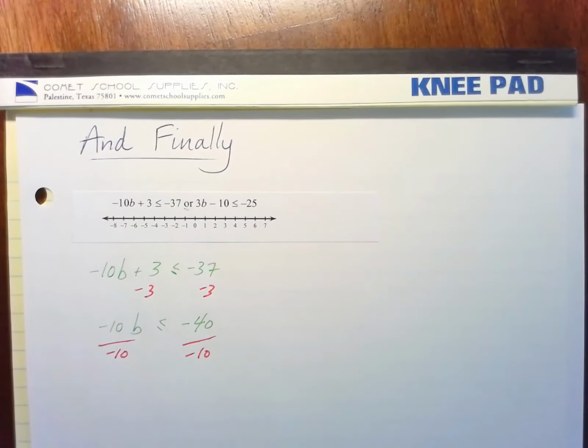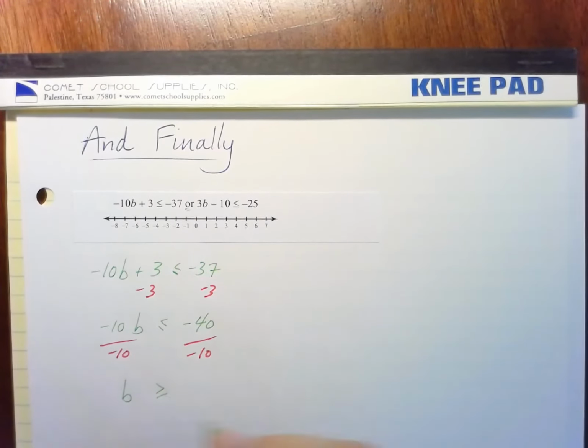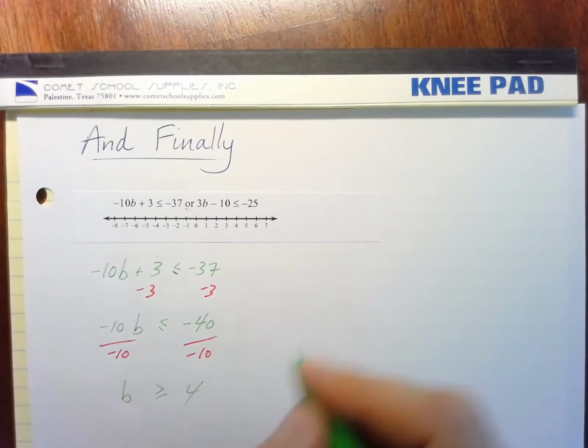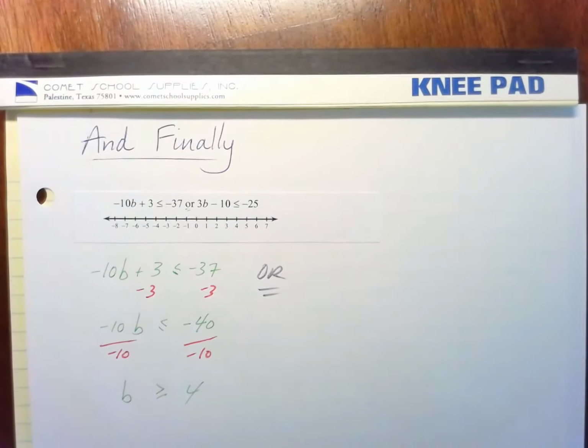So b, and I'm flipping the sign here, none of that changes. I'm flipping the sign there, and I get a 4. So b is greater than or equal to 4. Okay? Or, and again, this is an or statement. Or,